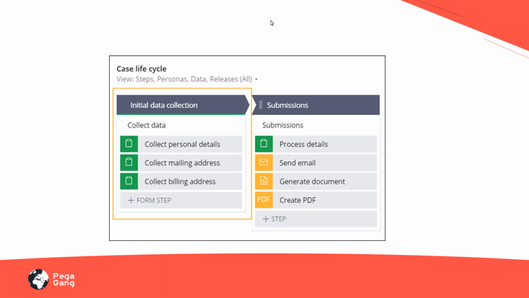Previously, you configured the view that users completed before processing a case outside the case lifecycle. But now it is part of your case lifecycle.